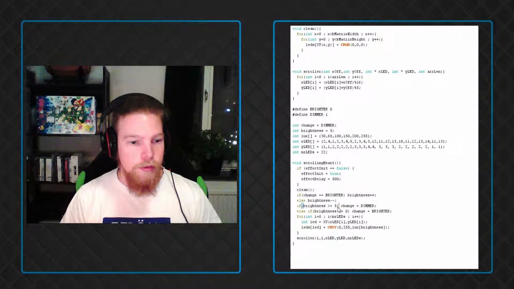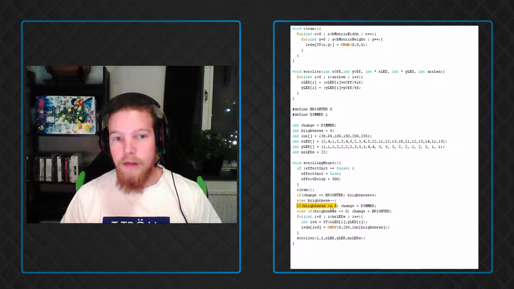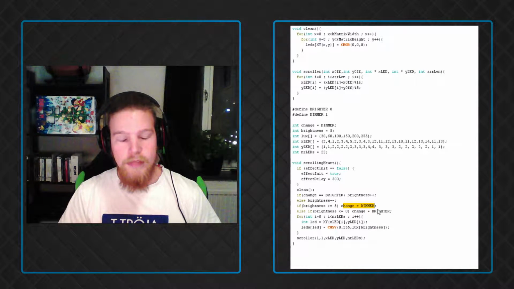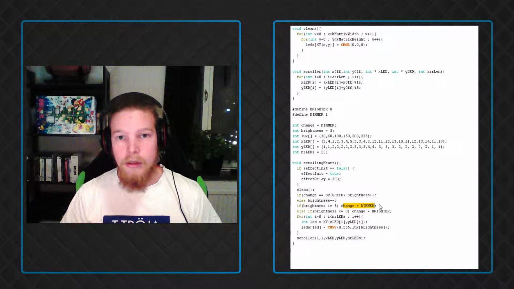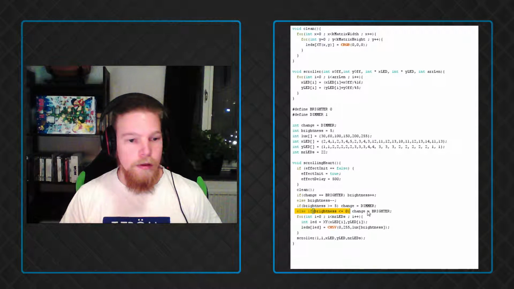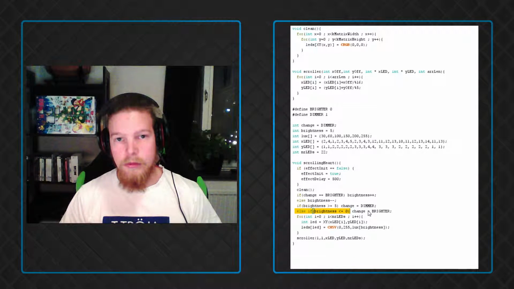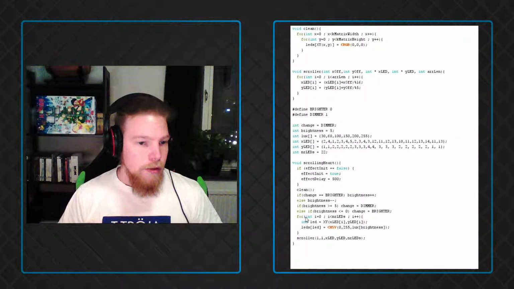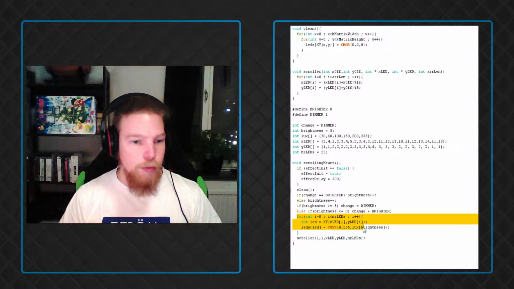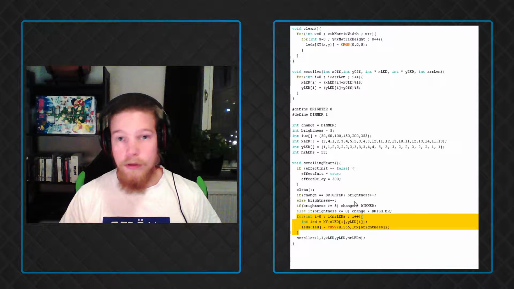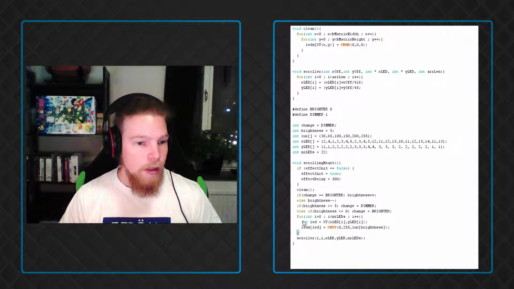If brightness is higher than or equal to 5, change is changed to become dimmer, so that the effect will thusly be dimmer every iteration. And if it is below 0 or equal to 0, it gets brighter again. And then I have the for loop, which just runs through the number of LEDs, in this case 22, as I said,